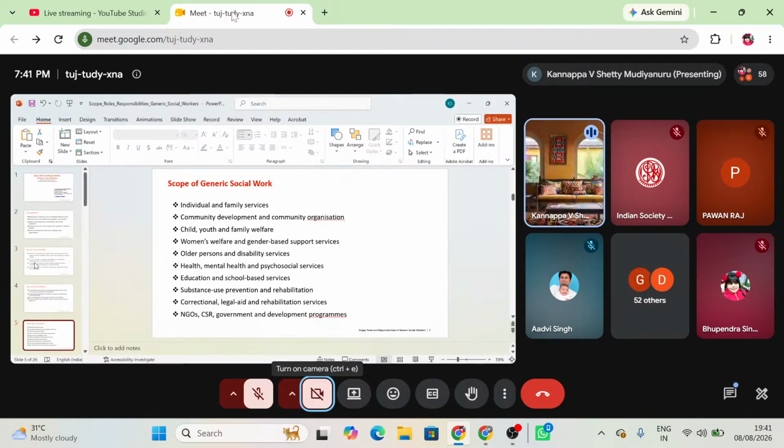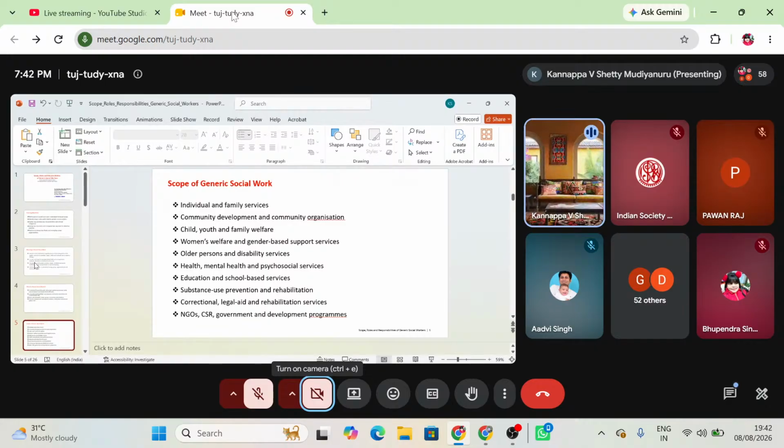And what is the scope for generic social workers? It could be BSW, it could be MSW, or even the PhD with generic nature. So individual and family services, community development and community organizations, child, youth and family welfare services, women welfare and gender-based support services, older persons and disability services, nothing but geriatric population and disability services, health, mental health, psychosocial services, education, school-based services, substance use prevention, rehabilitation, and other treatment-related facilities or services, correctional, legal aid and rehabilitation services, NGO, CSR, government, developmental programs,